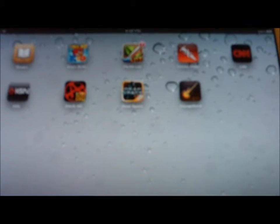It's called iMovie and GarageBand. I have GarageBand. I don't have iMovie yet, but yes, GarageBand is basically a nice little version of Fruit Loop or whatever it is. I use Fruit Loop when I'm making my beats and stuff like that, which is really cool. But sorry, this app right here, Instrument Smart Drum, you can actually drag